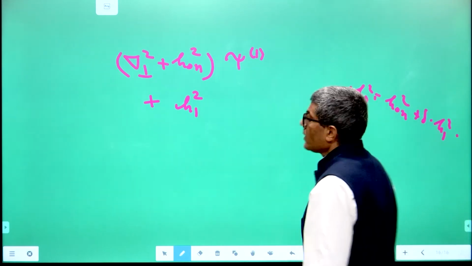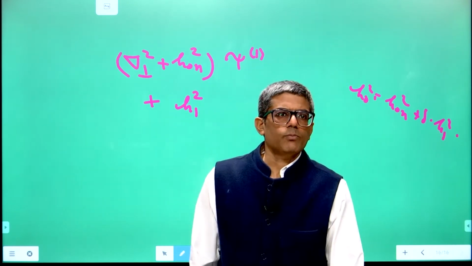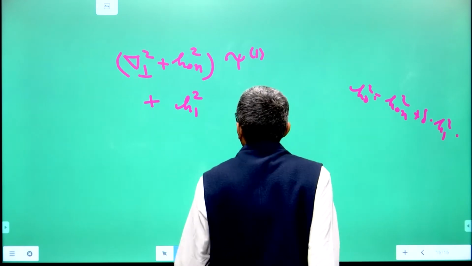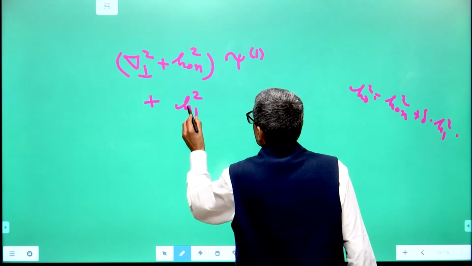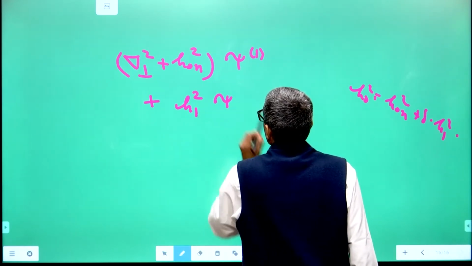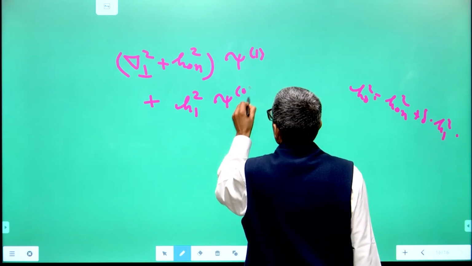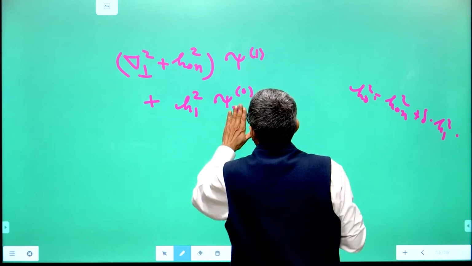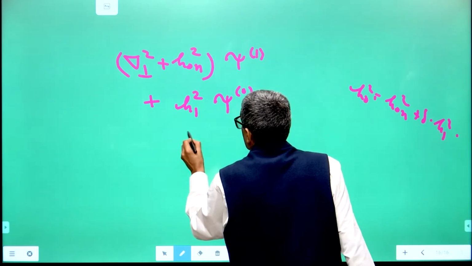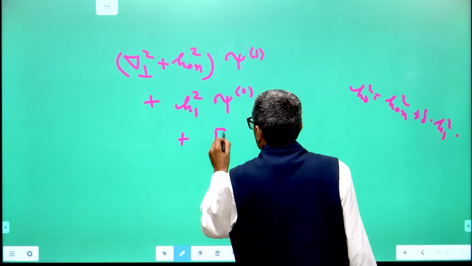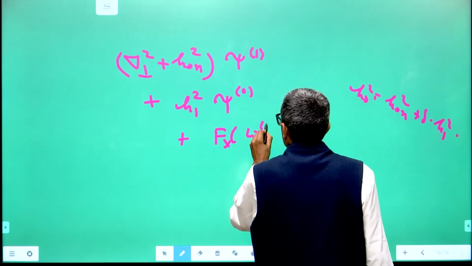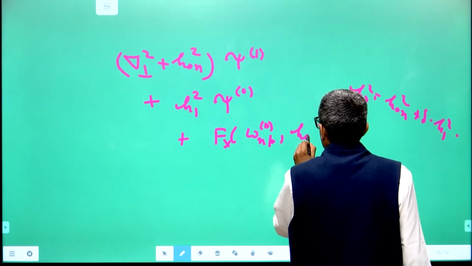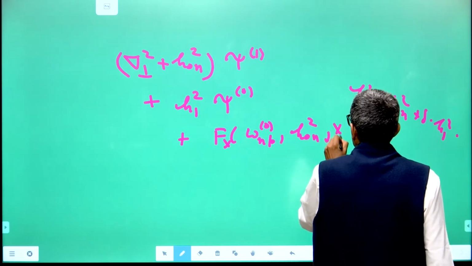You want to see to what mode h0n will get perturbed when you apply the inhomogeneity in the medium. So, h1 square times psi 0n, or let us call it psi 0 to start with, plus fx, which is now a function of omega 0 np, and also a function of h0n square, x and y,